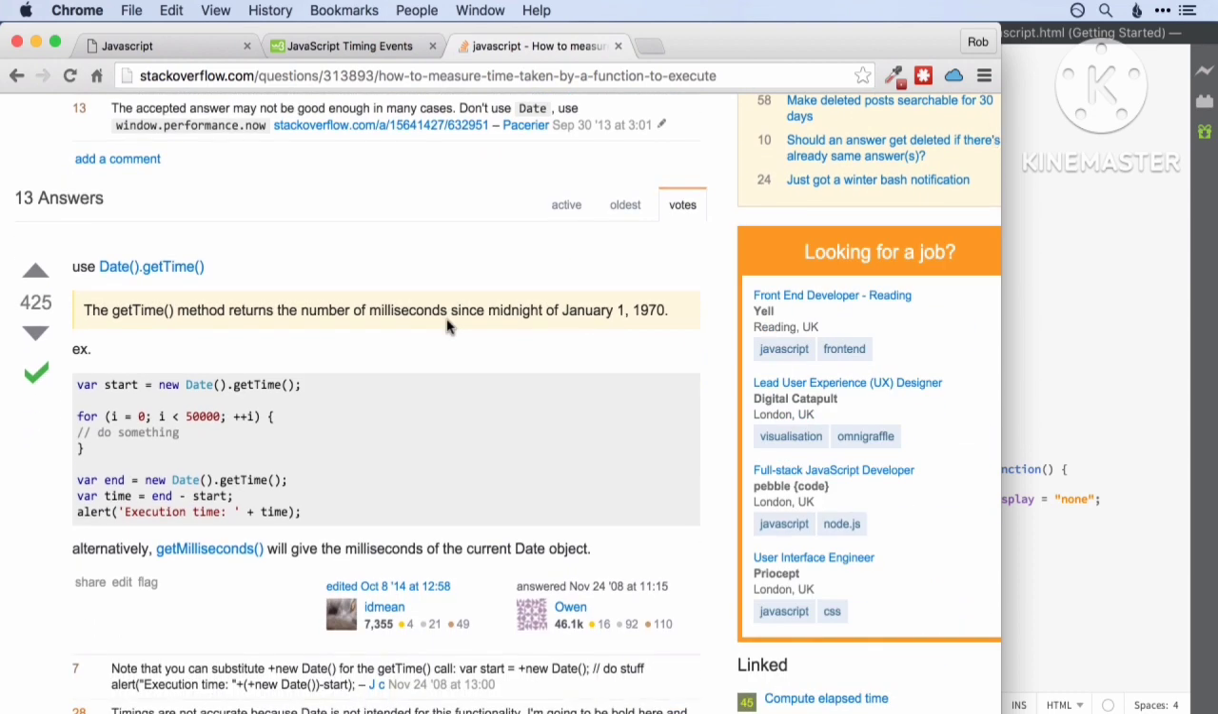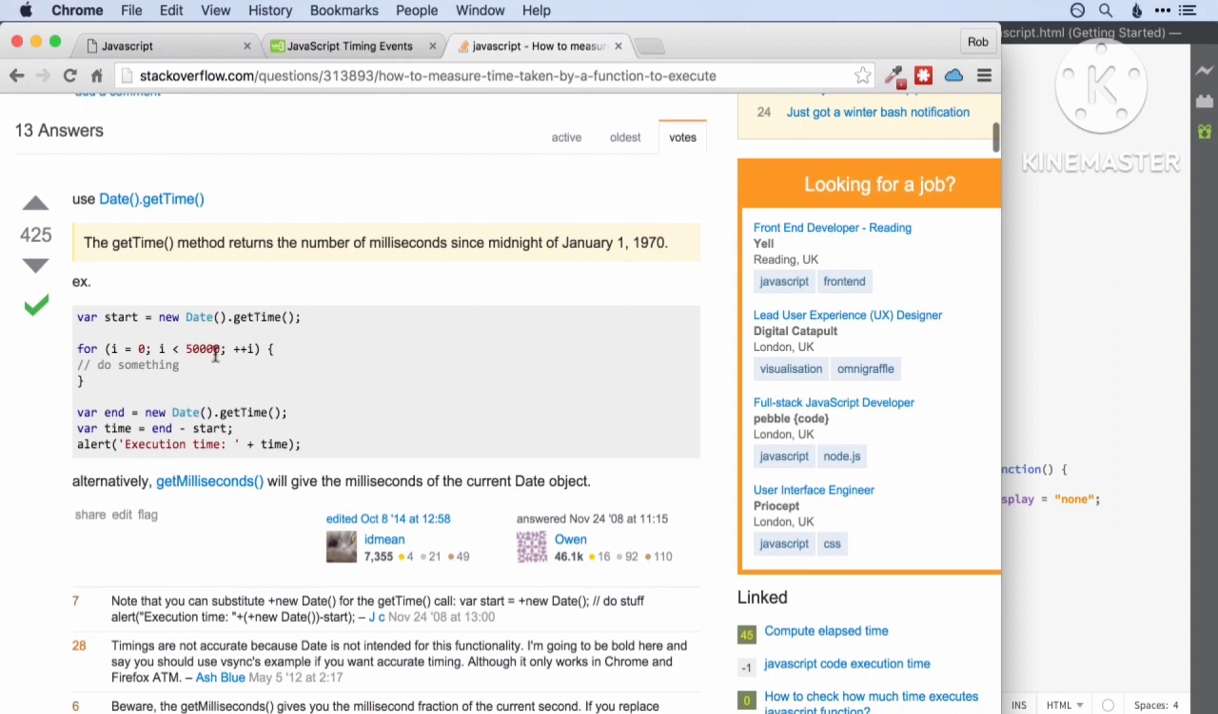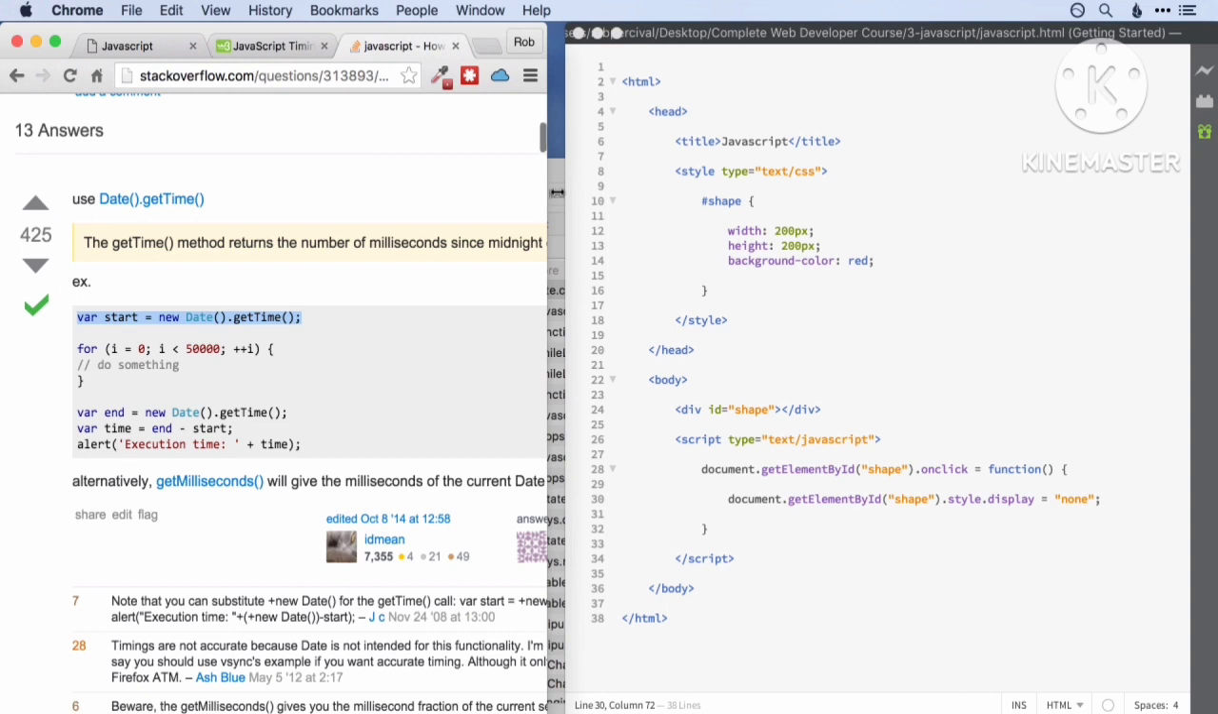Okay, we don't quite want to measure how long it takes a function, but we do want to measure how much time has passed, and this is now looking very promising. So it looks like we can use the date.getTime function to get the current time, and then we can use it again later on to work out the difference. Fantastic. Okay, so let's try that out